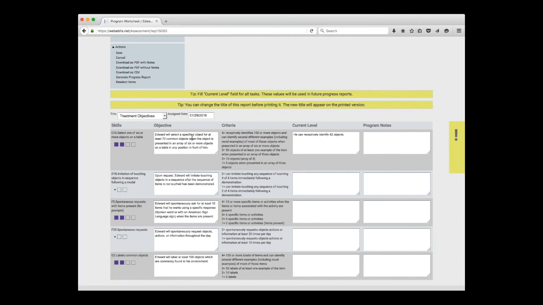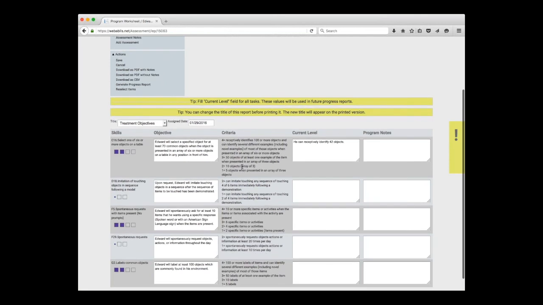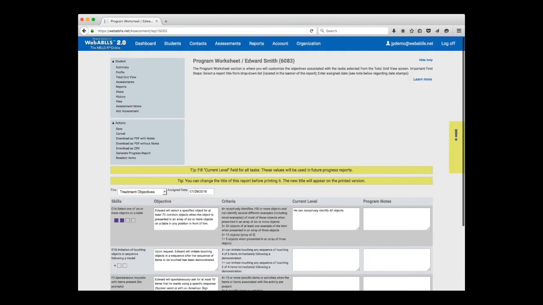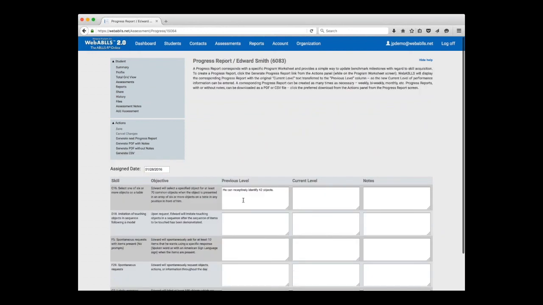So I can change the date on that and make it any way I want. Now, once I'm here, what I can also do is, now that I've done this, I'm in the program plan. Now what I can do, if I want to, is generate a progress report. And again, this is what makes it so easy for teachers, consultants, and supervisors of programs: when you need to do your update, you can come in and all the information that you previously entered is there.